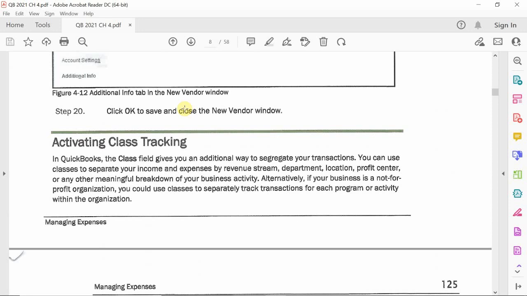Okay, so that's a means that you can keep track of, once again, your income and your expenses to see and measure which store is doing better, which one is profiting, which one am I spending more money on. And that's the purpose of class tracking. You don't need to use it if you don't have any meaningful way to separate your transactions, but again, it's a great way to even look at how your